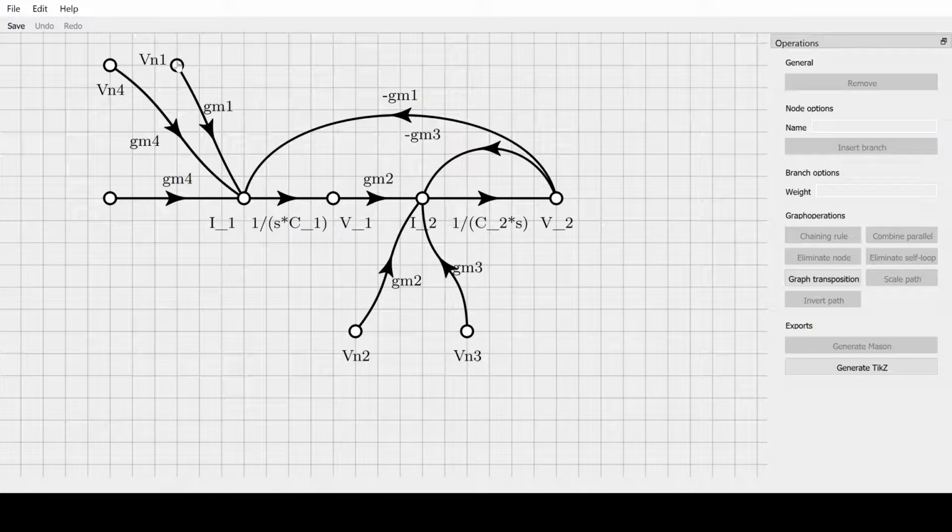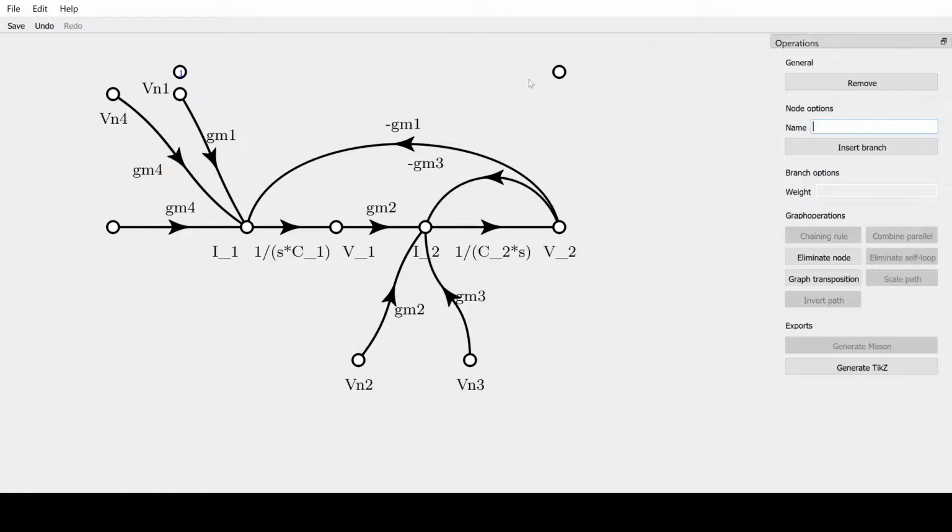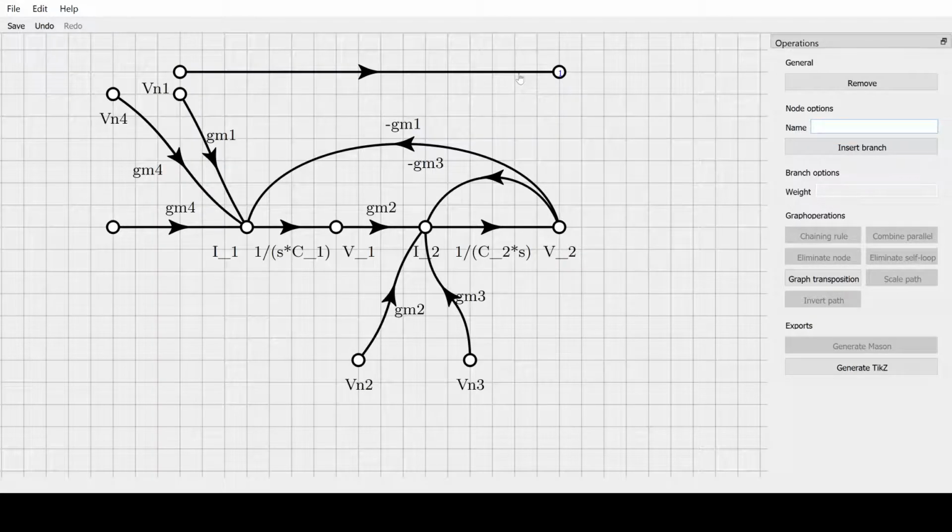So if I want to go from VN1 to the output and calculate what happens, then the Mason gain I get,